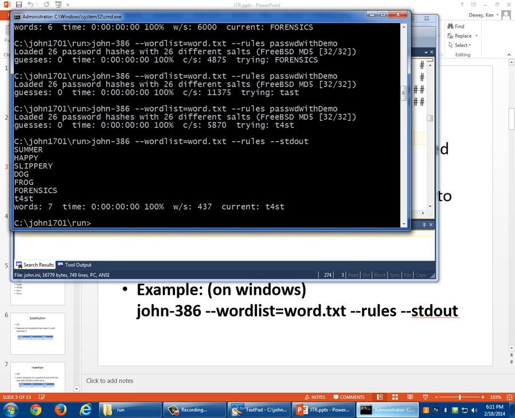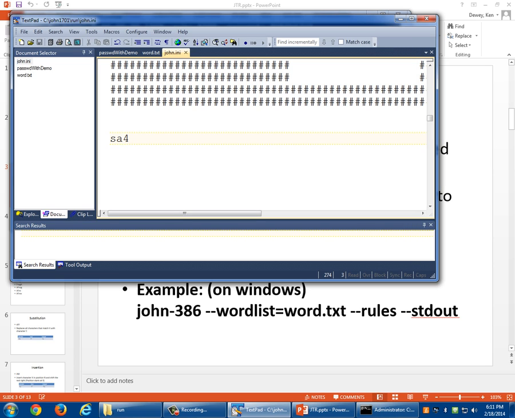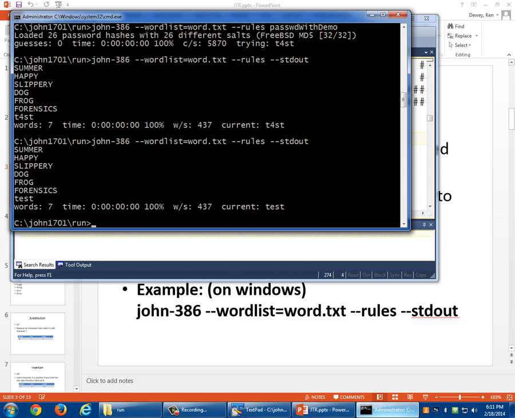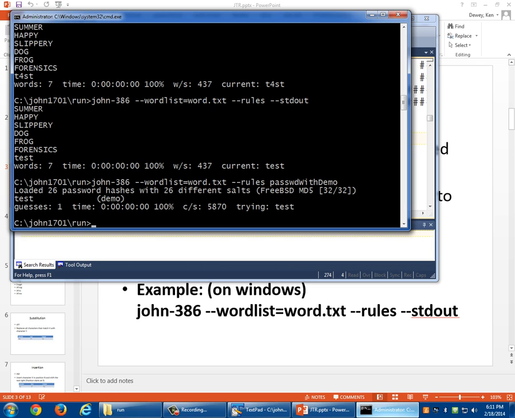Everybody see that? Okay. Now let me change it. How about an A with an E? So TAST becomes test. Are you okay with that? So now I'm going to run it again. Okay. Oh, so now it says test. But now we want to send it against the password file. Aha, it did it. It told me, loaded 26 password hashes with 26 different salts, and it broke test, which